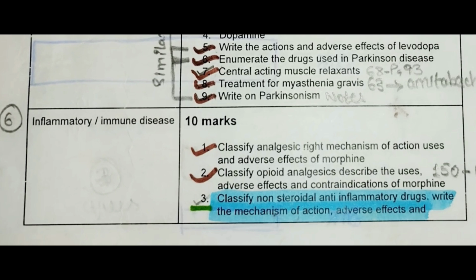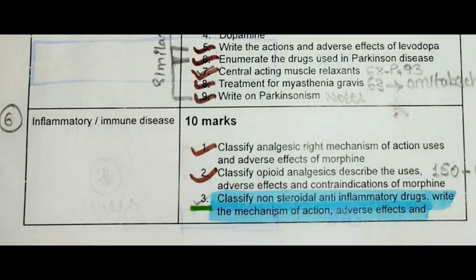In this, the important 10-mark questions are: first one, classify analgesics, write the mechanism of action, uses and adverse effects of morphine. Second one, classify opioid analgesics, describe the uses, adverse effects and contraindications of morphine. Third one, classify non-steroidal anti-inflammatory drugs, write the mechanism of